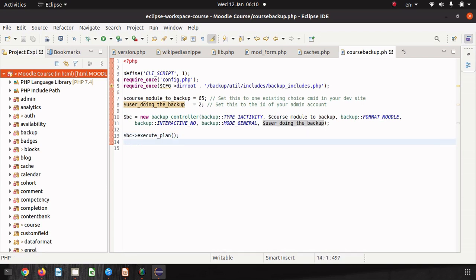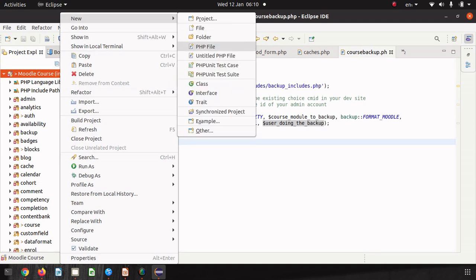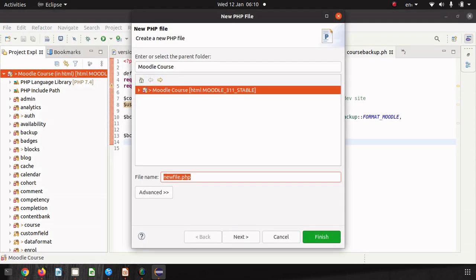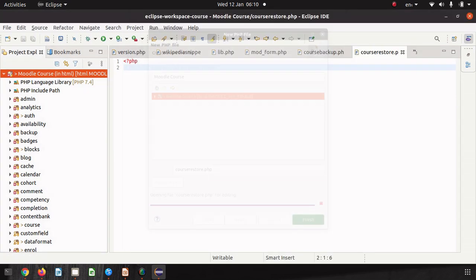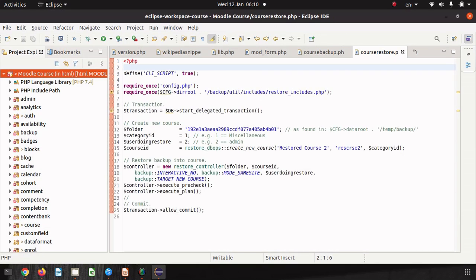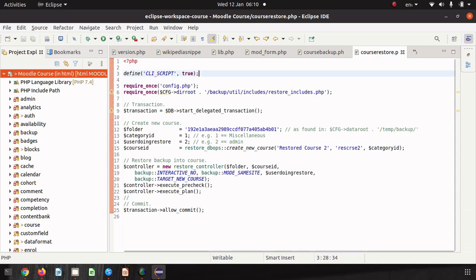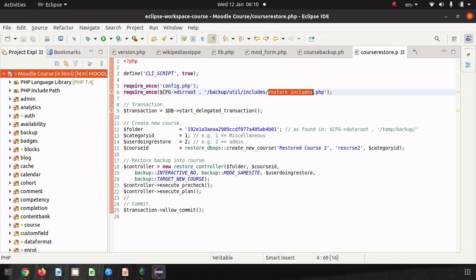Okay. So the other file is course restore. I'm going to call it course restore. Like I said, you can call it whatever you want. So let's do that. So this is our file, a little bit more elaborate than the backup. So we still define our command line script. We require the config, and then we get the restore includes PHP, which will then give us access to our